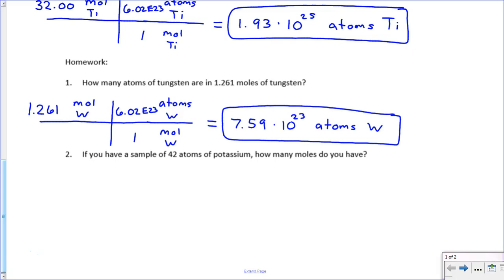For the last problem here, it says you have 42 atoms of potassium. How many moles do you have? So 42, it should strike you, that's not a lot of atoms, so we're going to get a pretty small number here. 42 atoms